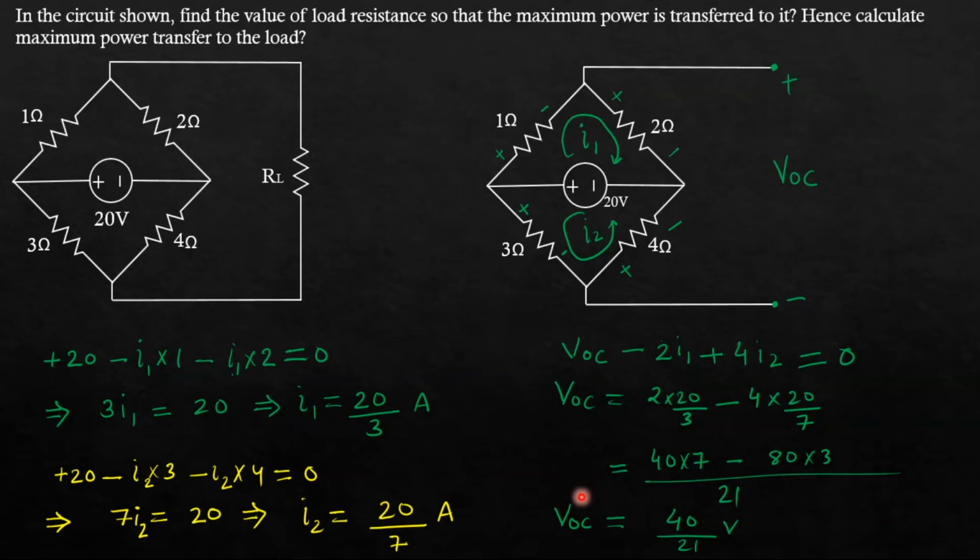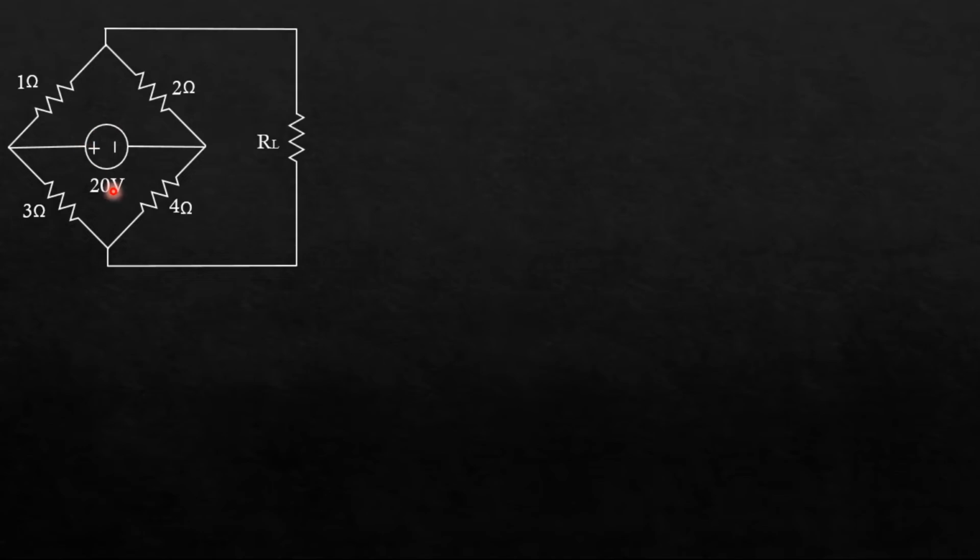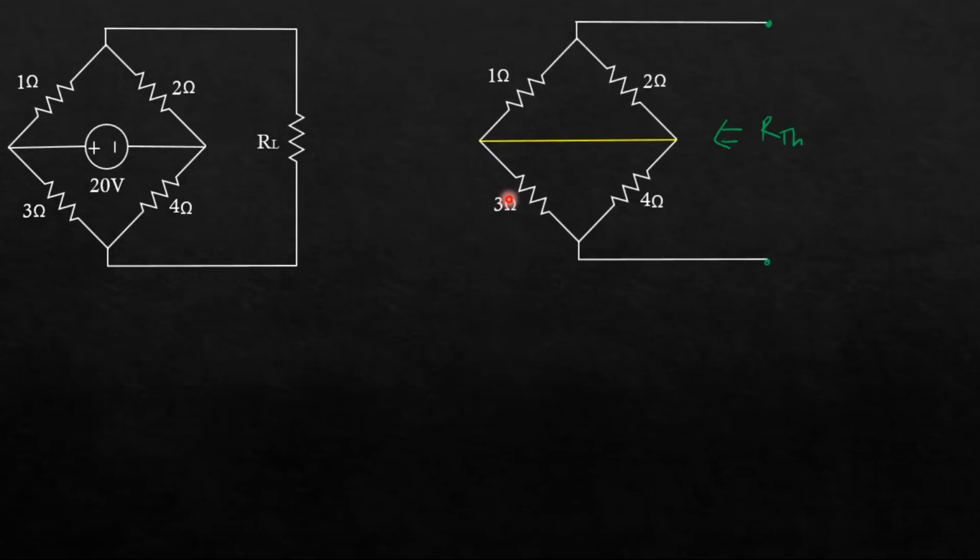The first part I have done. The second part is to calculate the value of Thevenin's resistance. For Thevenin's resistance, we will have to short circuit this voltage source. After that, we will have to calculate the resistance across this terminal. So I have short circuited this voltage source and we are required to calculate the R equivalent across this load